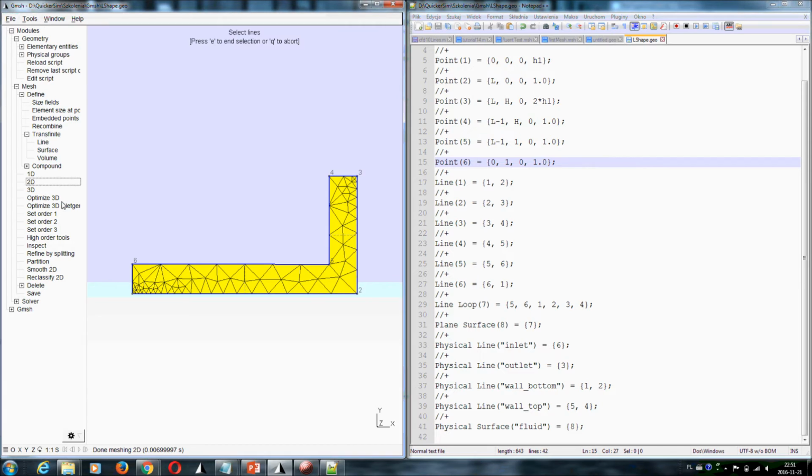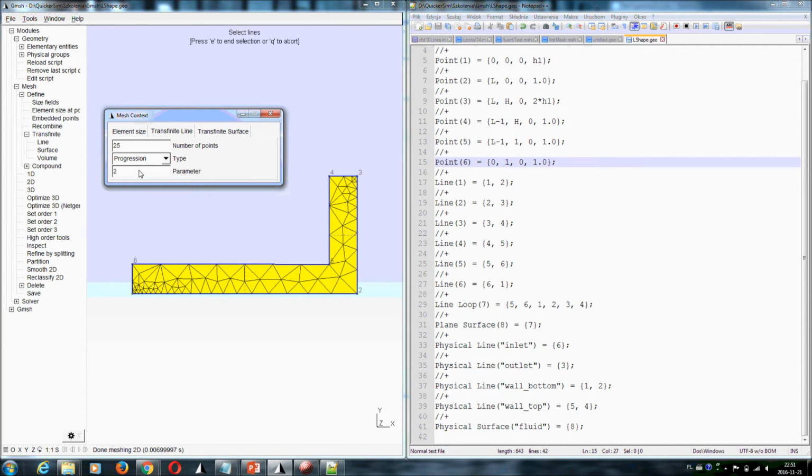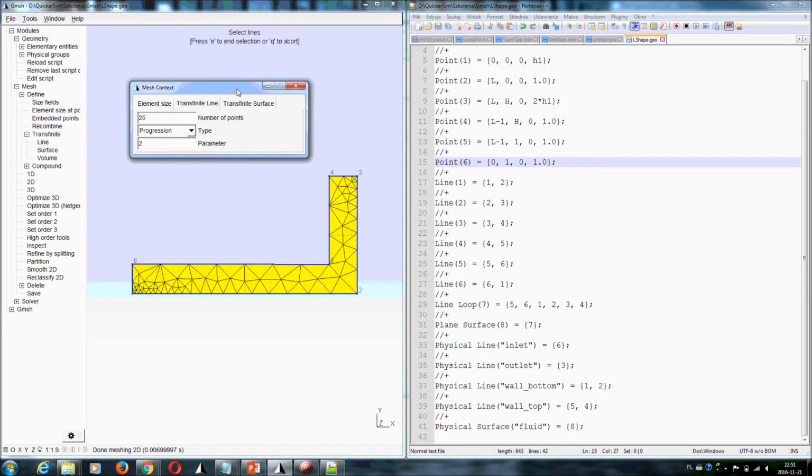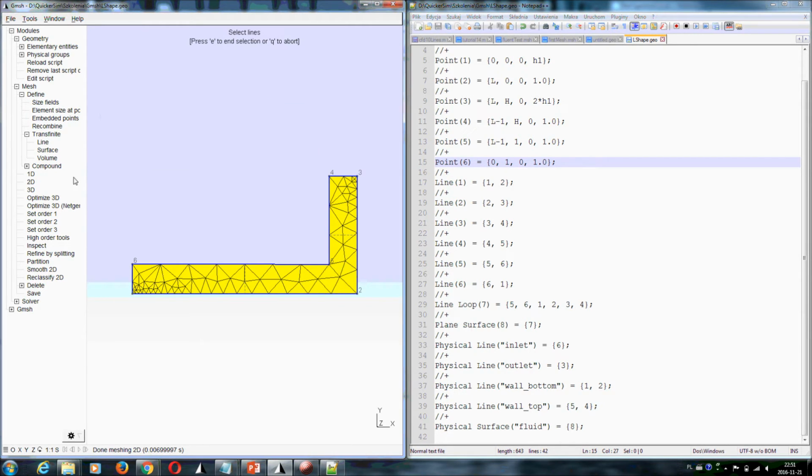What you need to do is you need to select transfinite line 25, 2, and then you need to select the line and hit E, because otherwise it won't work, because I haven't selected the line. That was my mistake. So once again, 1D, 2D, and